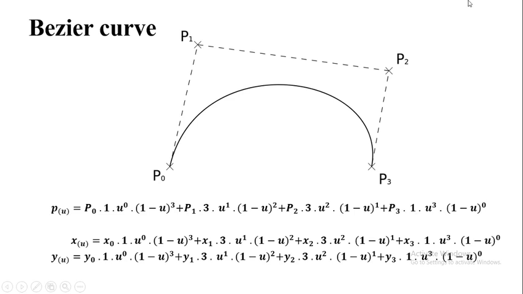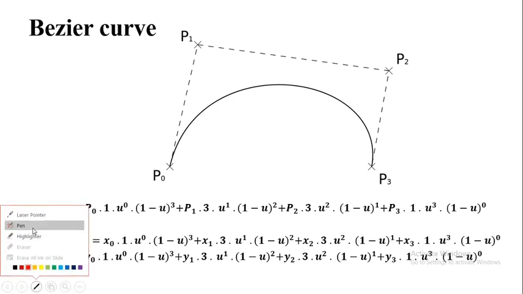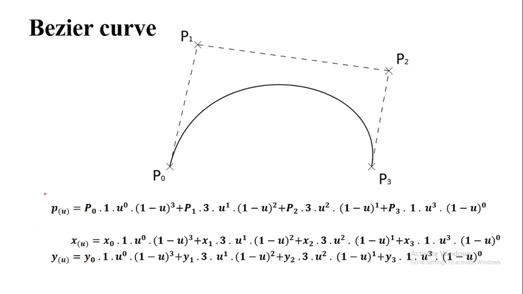Similarly, you can write for 3 control points or 4 control points. Depending upon the weightage of the question, it will be asked for a single control point, two control points, or three control points. If the question is for 5 marks only, it will be asked for only one control point. Start point will be given, end point will be given, and only one control point will be given. And you have to solve a simple equation and then plot it on the graph paper.